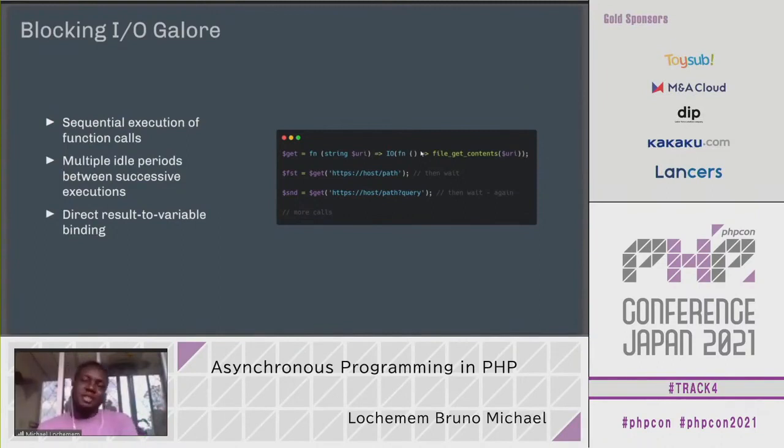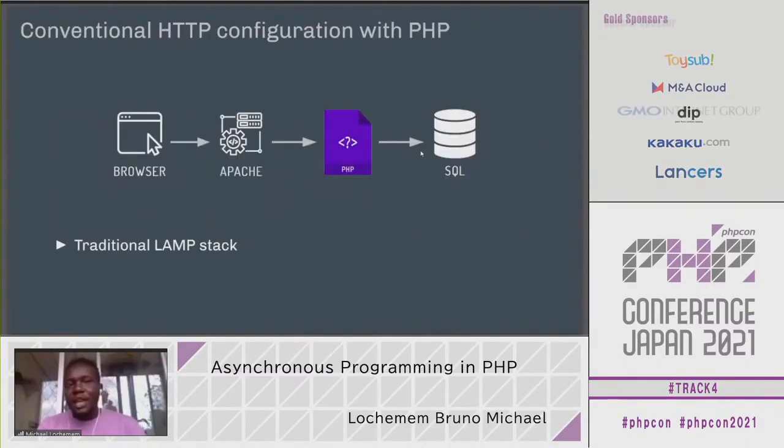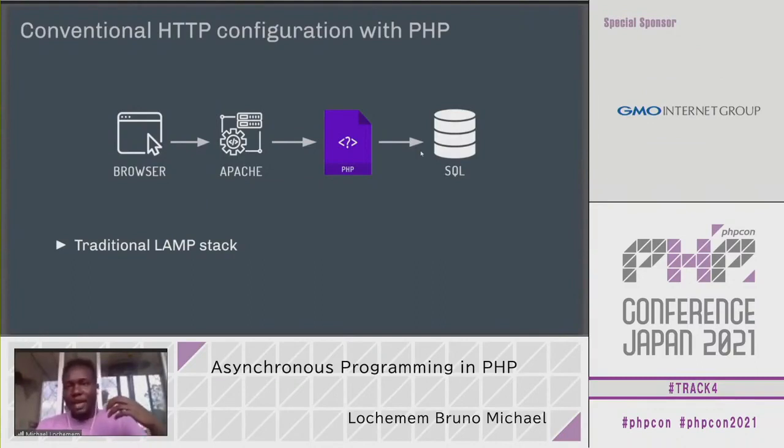So the results of a call to say Google will be bound to the variable first, and a call to something else, perhaps a LinkedIn API or a Facebook API, will be bound to the variable you can call second, right? That type of workflow defines traditional PHP. And now when you look at the conventional HTTP configuration of PHP, you have a client,